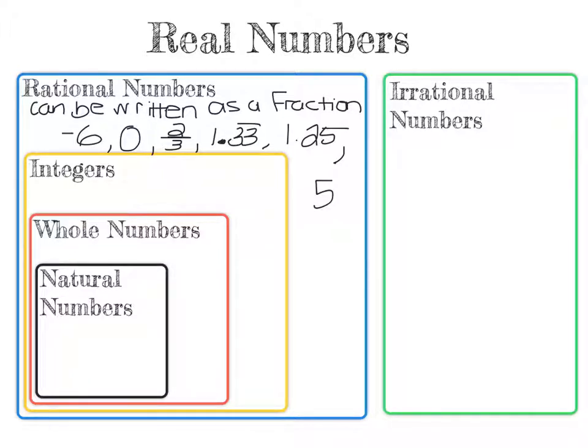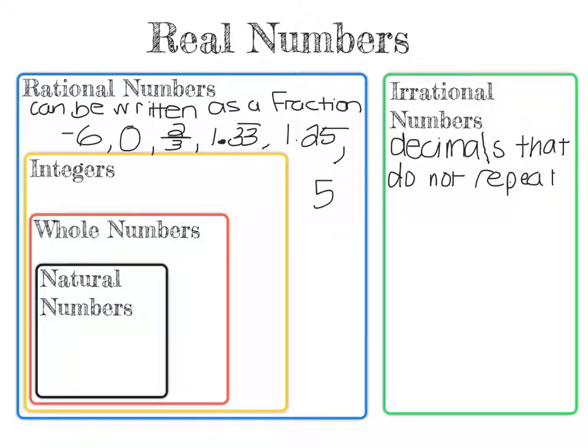In contrast to rational numbers, before we take a look at the even smaller subsets of those, we want to take a look at the irrational numbers. So these are numbers that cannot be written as fractions. But the way that we'll describe them is numbers that have decimals that do not repeat or terminate, meaning they don't end. Some of these values you can recognize, such as pi, but we can also make these